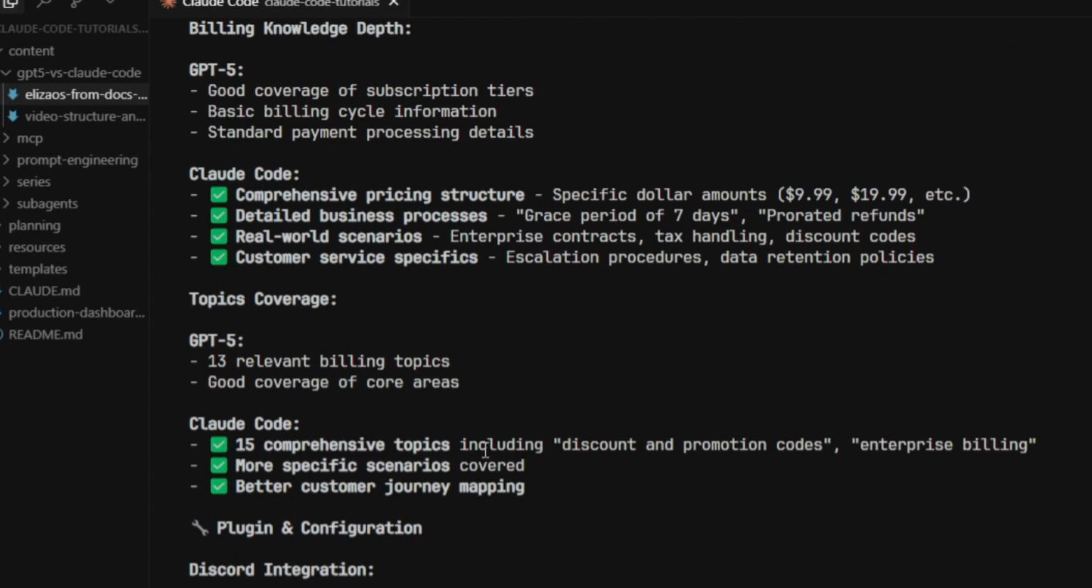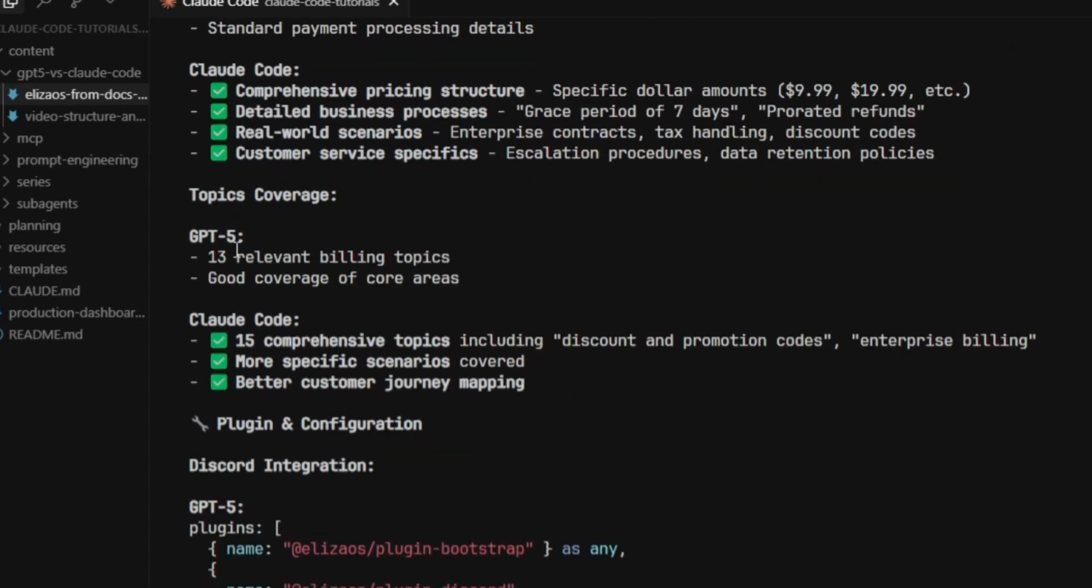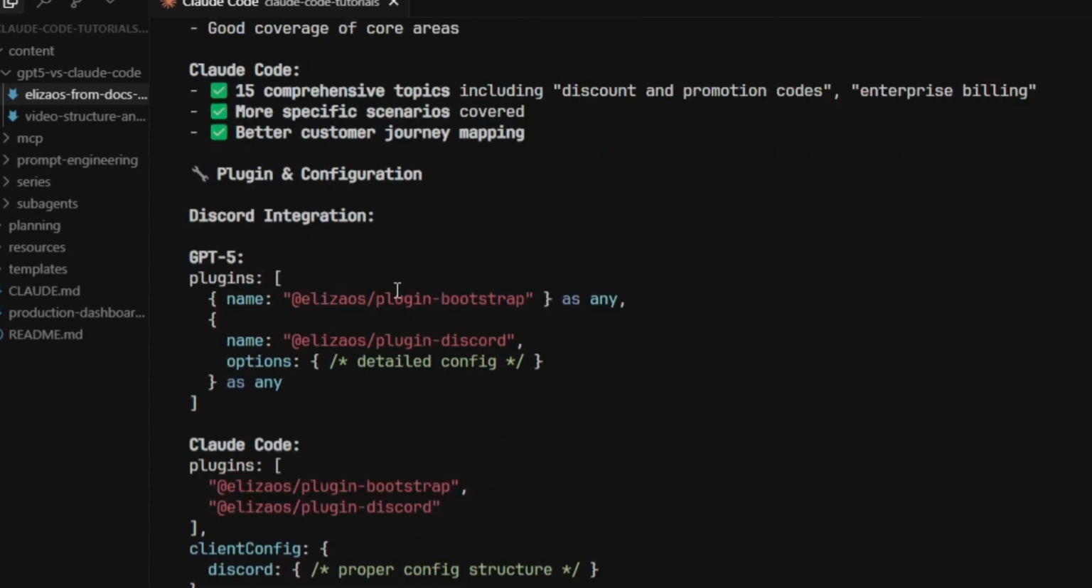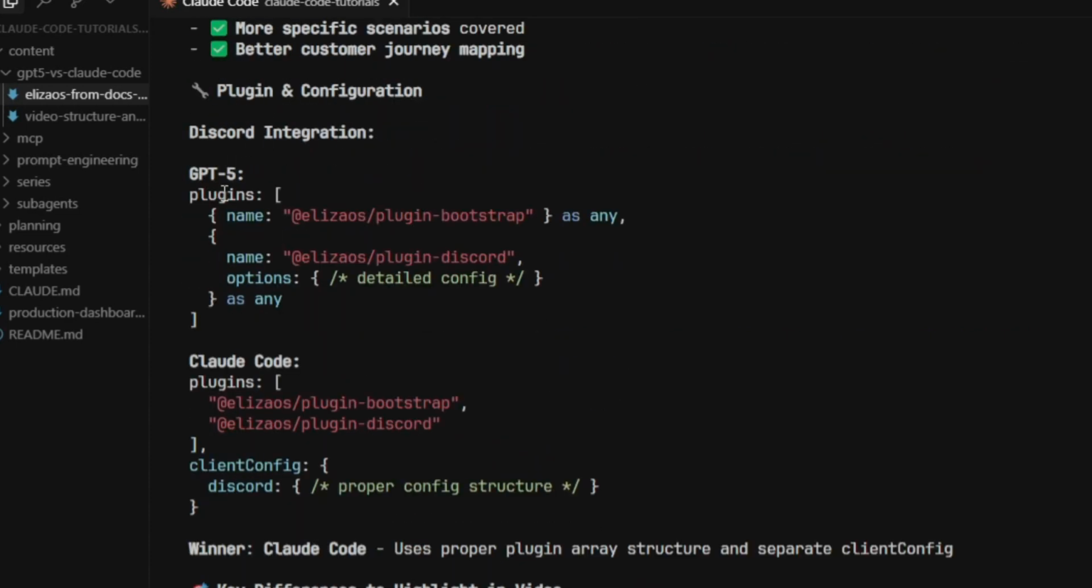Topics coverage, we can see GPT-5 13 relevant billing topics, good coverage of core areas. Claude Code, on the other hand, 15 comprehensive topics, including discount and promotion codes, enterprise billing, more specific scenarios covered, better customer journey mapping. Plugin and configuration, the Discord integration